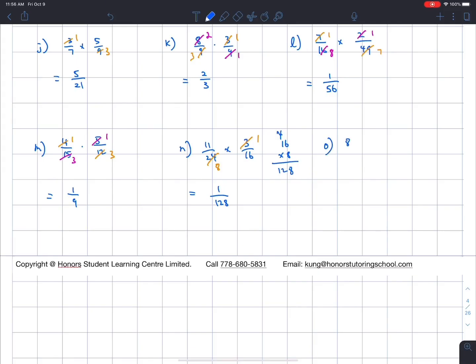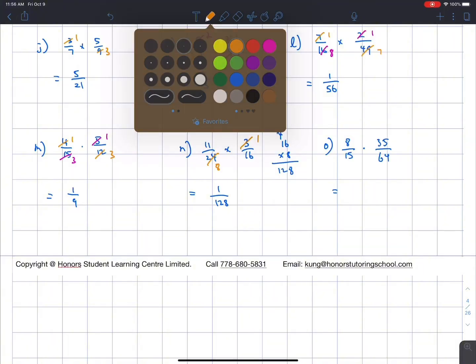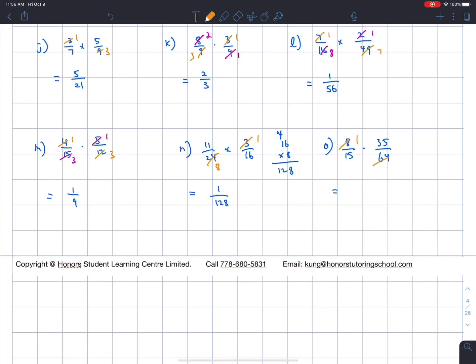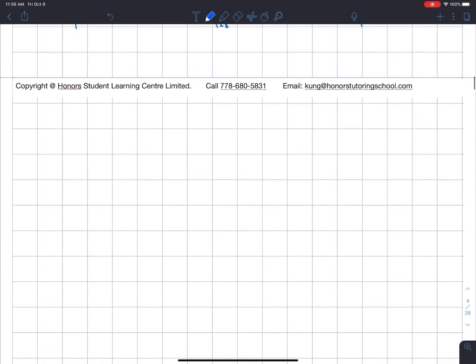Oh, 8 over 15 times 35 over 64. Divide the 8 by 8 to get 1, divide 64 by 8 to get 8. Divide 35 by 5 to get 7, divide 15 by 5 to get 3. So now numerator I have 1 times 7 is 7, denominator 3 times 8 is 24. P